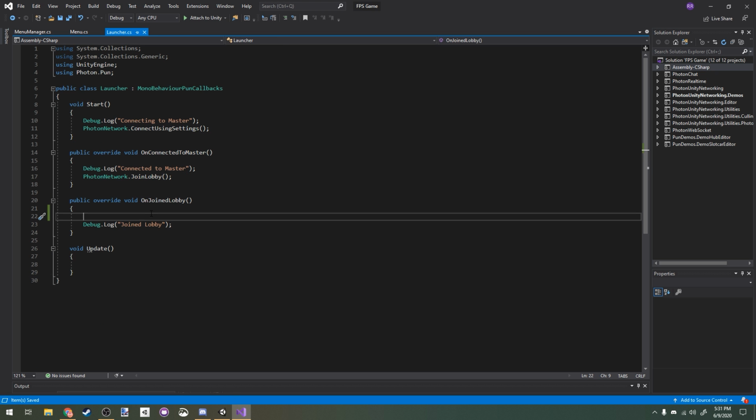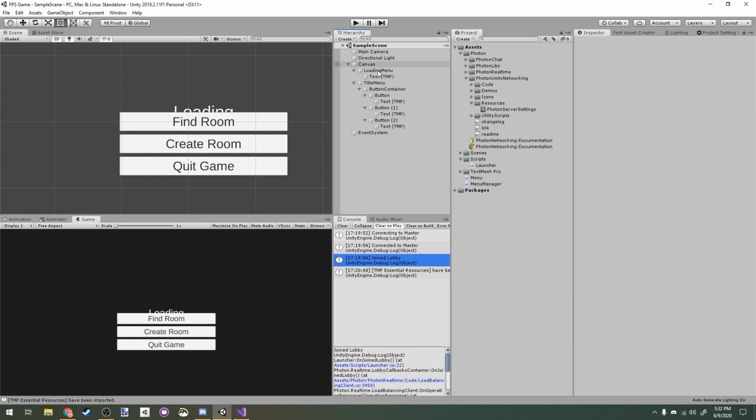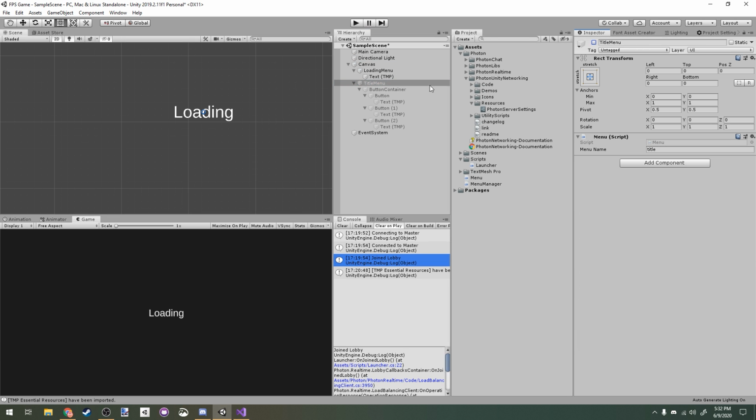And in our launcher now, we're going to be able to do MenuManager.instance.openMenu title. So we don't have to have a reference to our MenuManager script to open a menu, and that's really nice to have. So now I'm going to set the title menu to be not active, so that our loading menu is active by default. And then if I play the game,